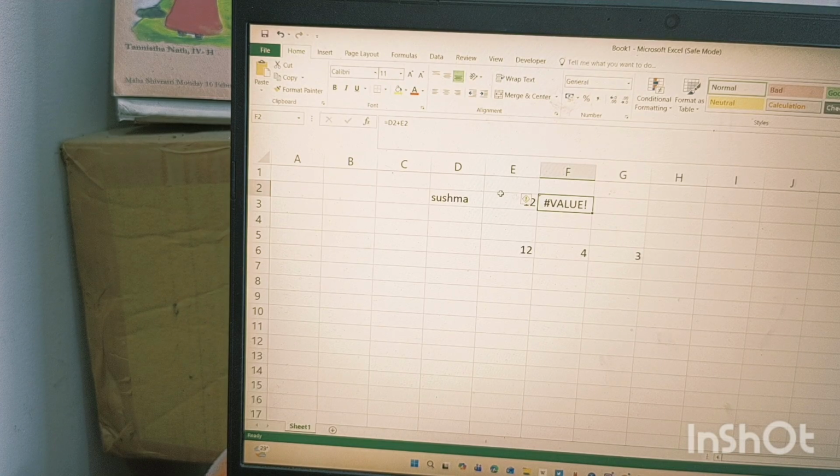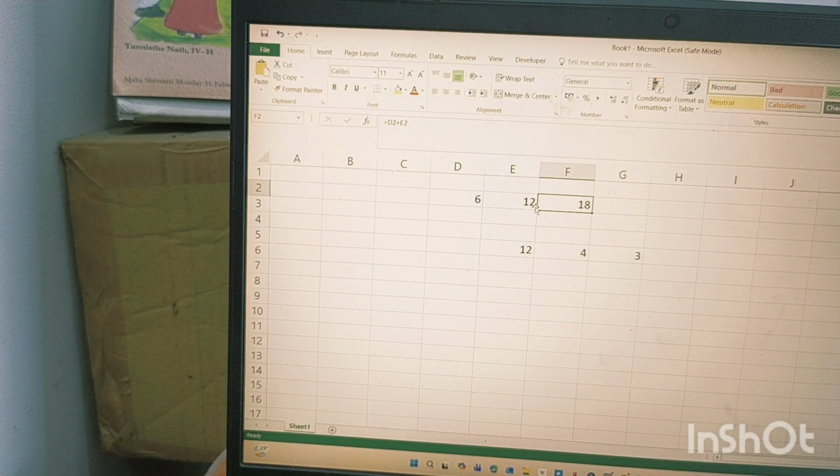So what should we do? In place of text, you can write any kind of number, like 6. Then you will get the answer. In Excel we always work on numerical things, and while making a function we should always use numbers. So if you are getting any kind of text while working on a function, then you will get hashtag value error. And how it should be corrected, here I have shown you.